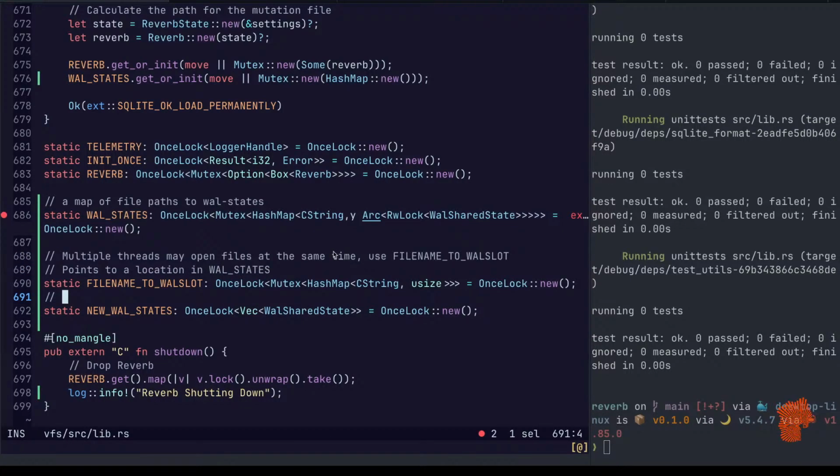Okay. So we open a file. We lock on this file name to wall slot while we are setting up the new wall states. So we will need to ensure that we're always locking on this when we are adding or removing from new wall slots.